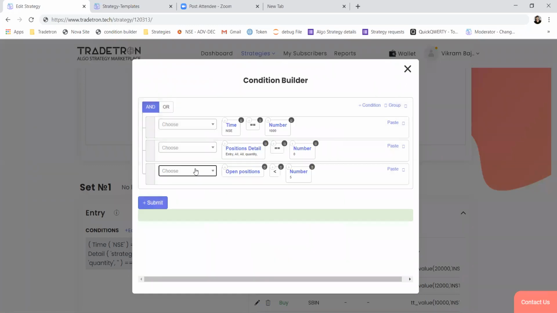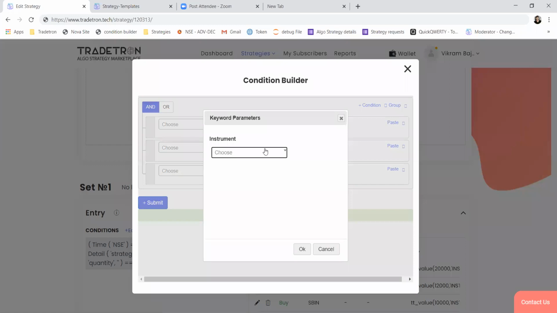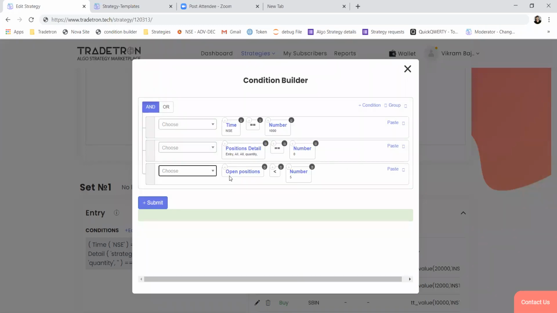Just put that number here. So if I put 5, then the sixth trade or sixth position will be restricted by this condition. Just ensure if you are trading with a list, do not select anything in this drop down. Just hit enter. So it should look like this: open positions less than whatever number you want to put.